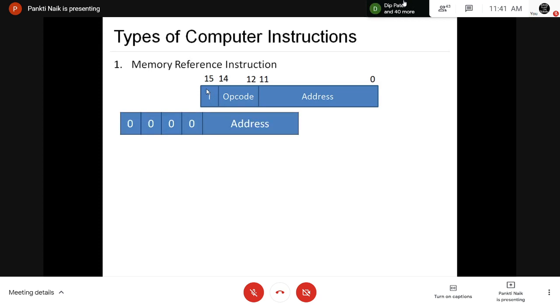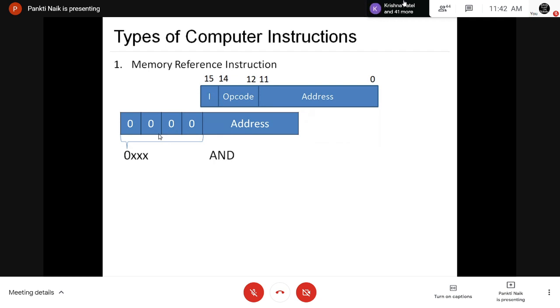Now consider this example. Here 0 represents the direct instruction, then 000 is the opcode value, and the remaining 12 bits are used to store the memory address. Depending on the value of this bit, we can recognize the instructions.